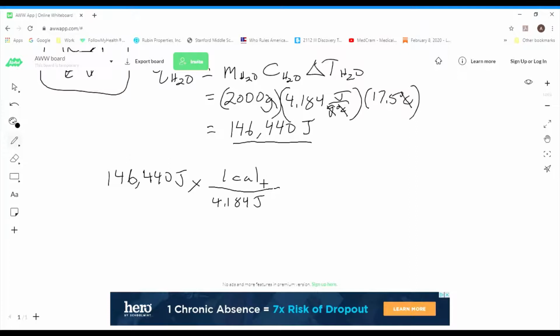Since they equal each other, we want joules to cancel, so we put the 4.184 joules on the bottom. We're left with calories on top. The joules cancel. And if we take 146,440 divided by 4.184,